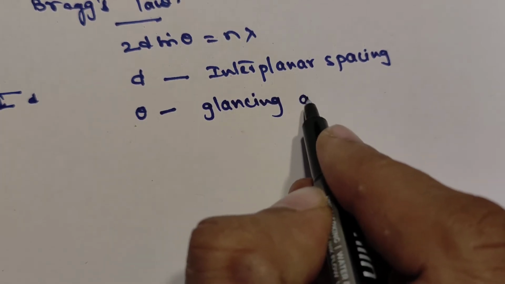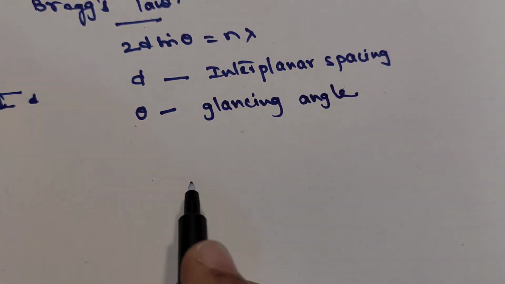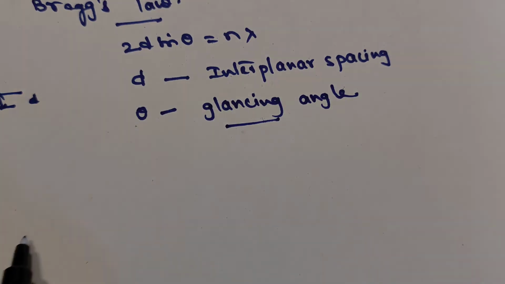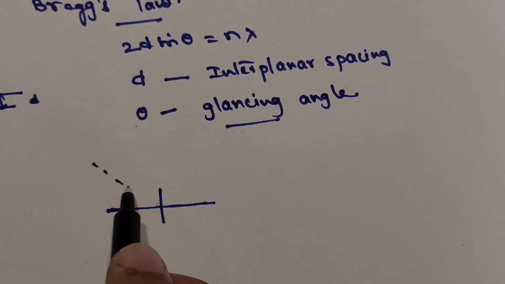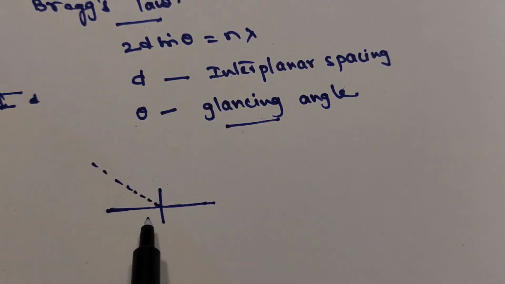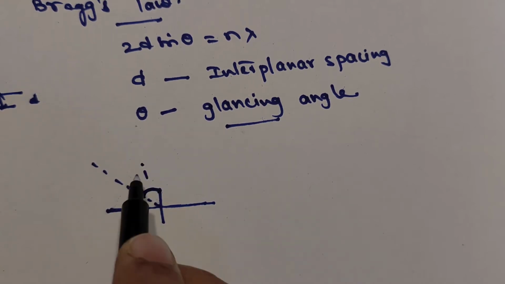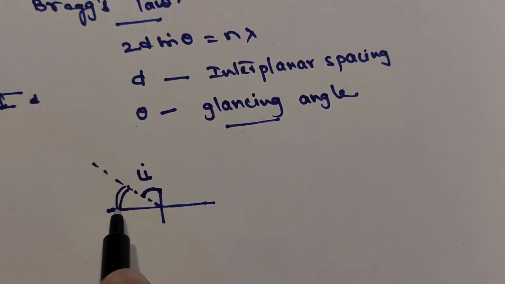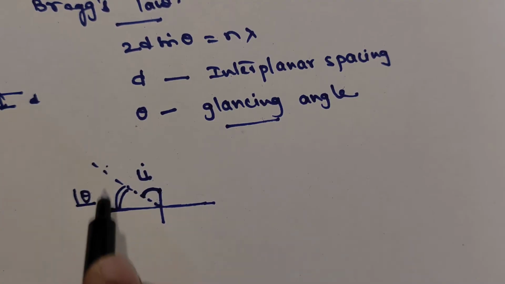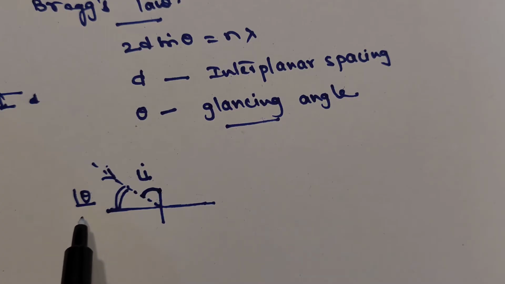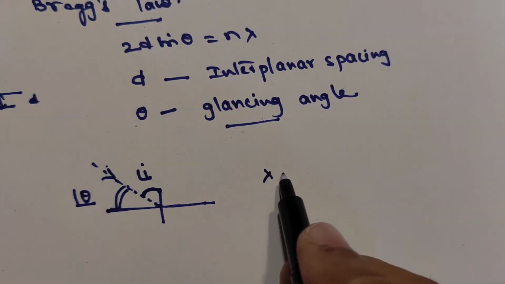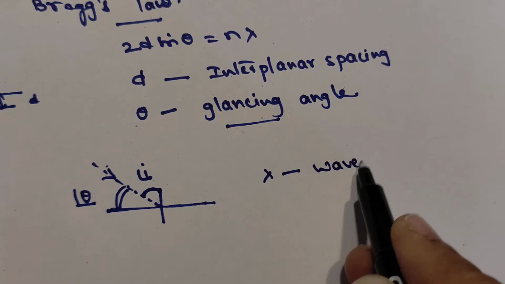You may get a doubt: we usually hear about the incident angle, so what is the meaning of glancing angle? So this is the plane, and this is a normal. If the ray strikes the normal at this particular location, this is taken as the incident angle, but this one is the glancing angle. The angle the ray makes with the plane is taken as the glancing angle, and lambda is the wavelength of the source,